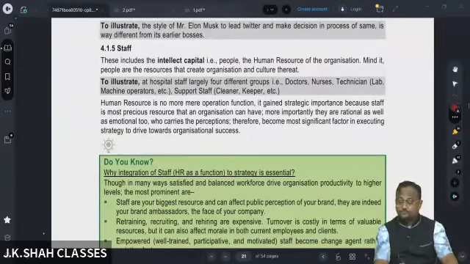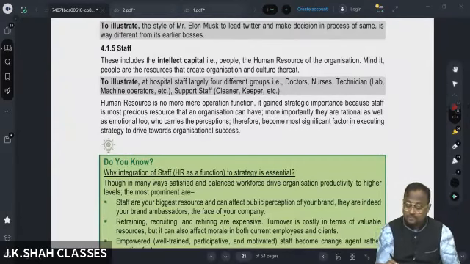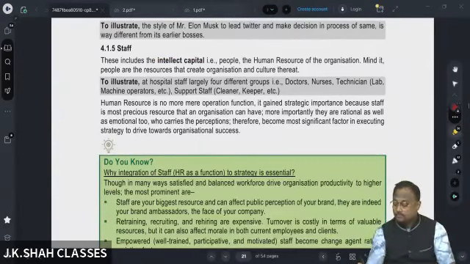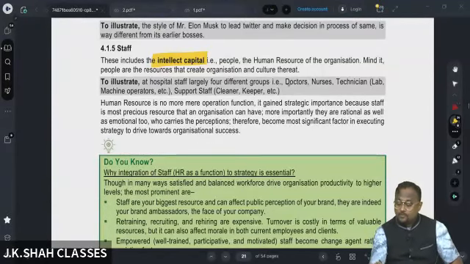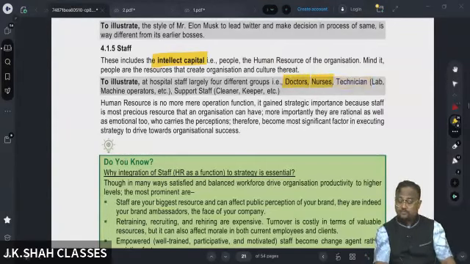Then you have staff. Staff is the brain capital, which is also known as intellect capital of the business. तो हॉस्पिटल का देखो क्लासिफिकेशन दिया है, डॉक्टर, नर्स, टेक्नीशियन, सपोर्ट स्टाफ। कोचिंग क्लास का भी होता है, प्रोफेसर्स, एडमिन स्टाफ, ऑफिस बॉयज होगा, और प्लस मार्केटिंग टीम, ये भी होगा।